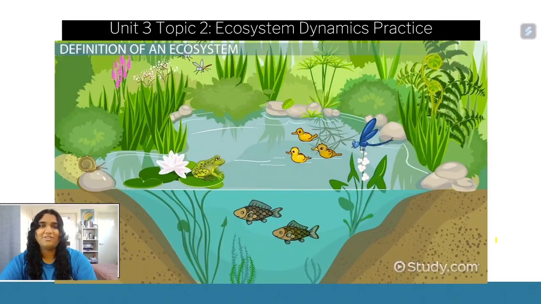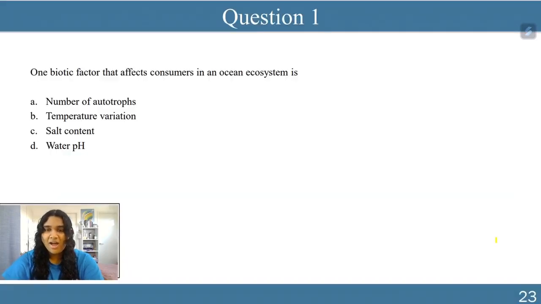Alrighty, with that, we have arrived at the final question for Unit 3, Topic 1. Now what we're going to do is go into Unit 3, Topic 2 a little bit. So this is ecosystems dynamics. If you haven't had a chance to revise this one yet, it's all about population ecology. So the ways in which populations of organisms will change depending on their interactions with the ecosystem, as well as how ecosystem changes happen. So all of that stuff about primary and secondary succession is stuff that appears in this topic.